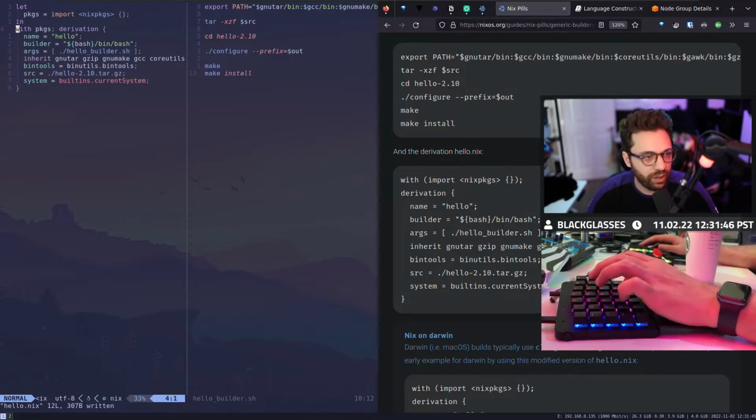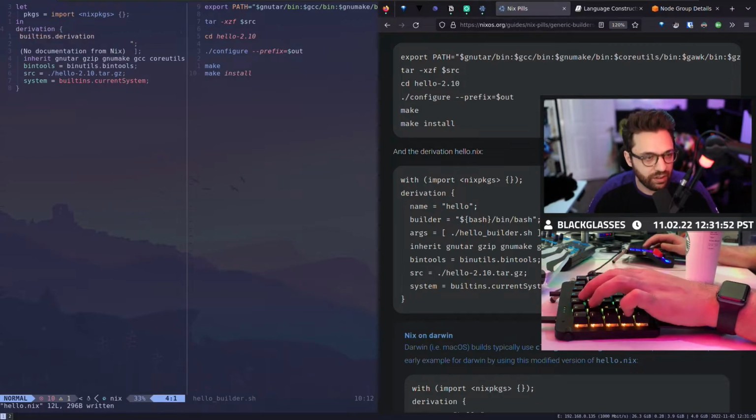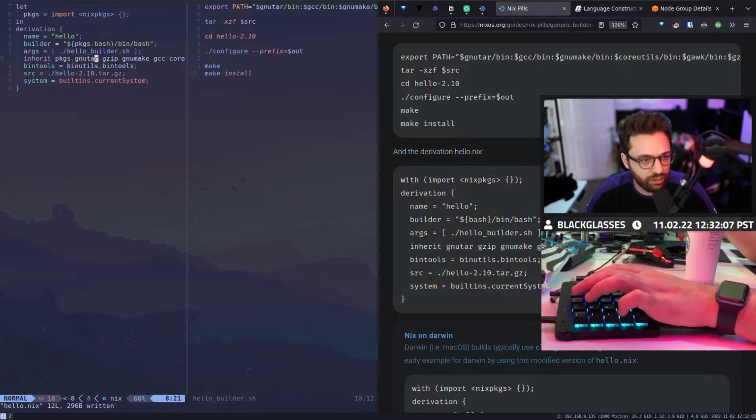And if I wanted to, I could even dumb this down a bit more, and I could say, okay, well, I need some packages in my derivation, right? What does that mean? Well, that means I'm probably going to need to use bash. So I'm going to do packages.bash, right? And you'll see how we just keep doing that more and more and more, right?